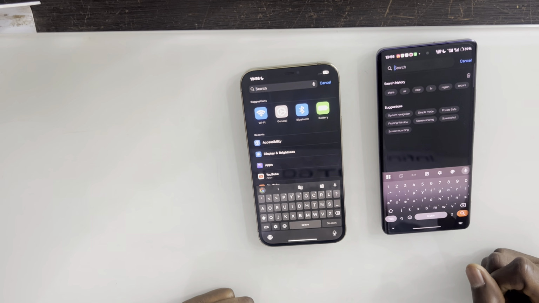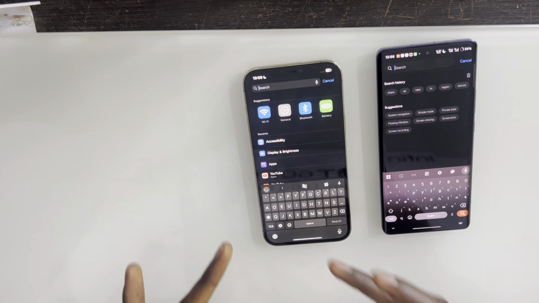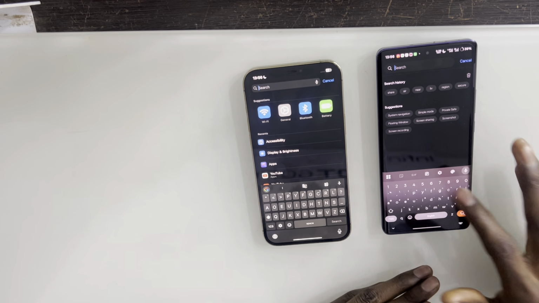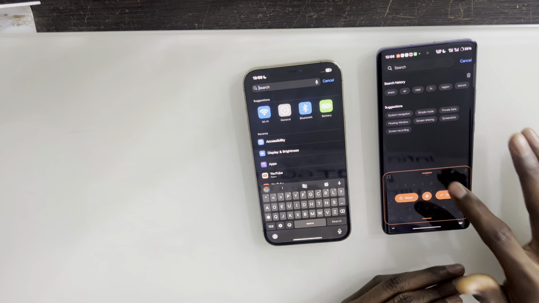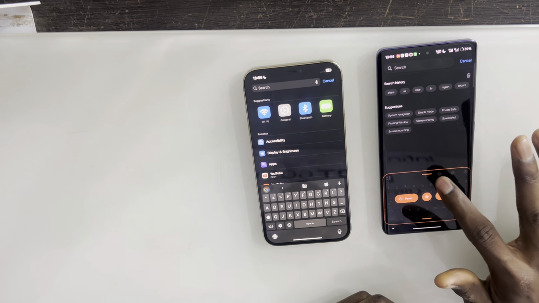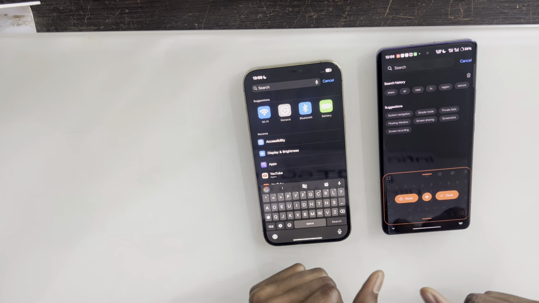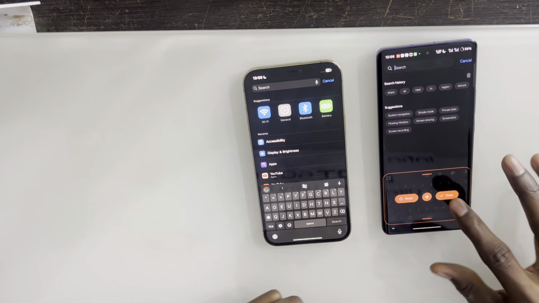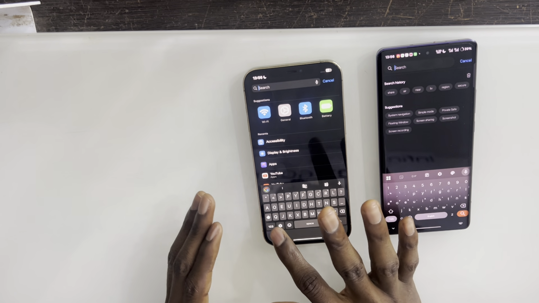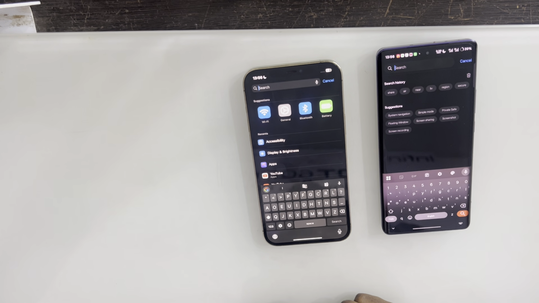I'm a power user. On iOS, this is the best I can do with my keyboard. Whereas over here, I have my keyboard set at a specific height for maximum efficiency, travel time and all that across each key. You get here, this is the best I can do. This is the only size,